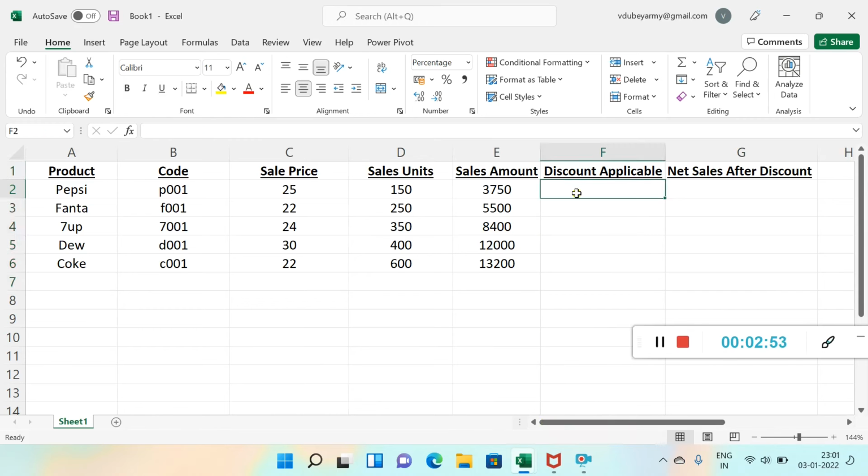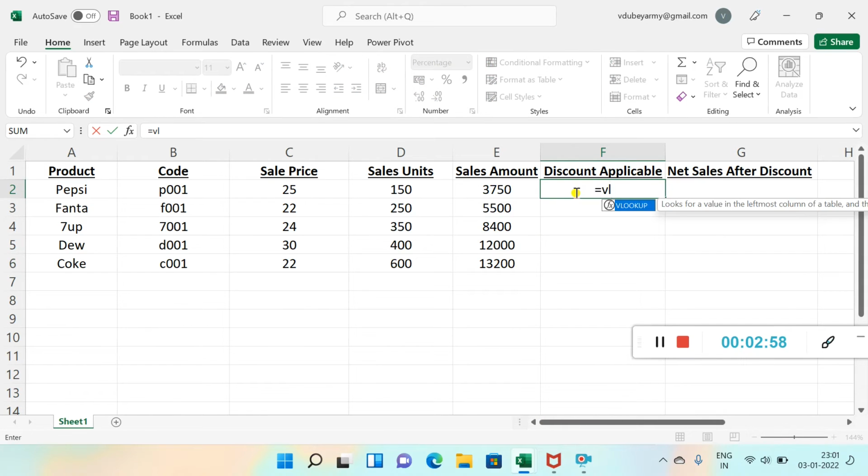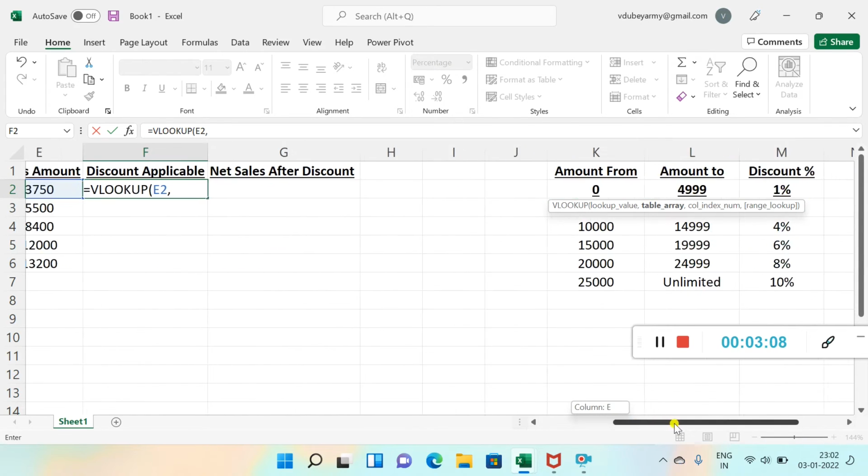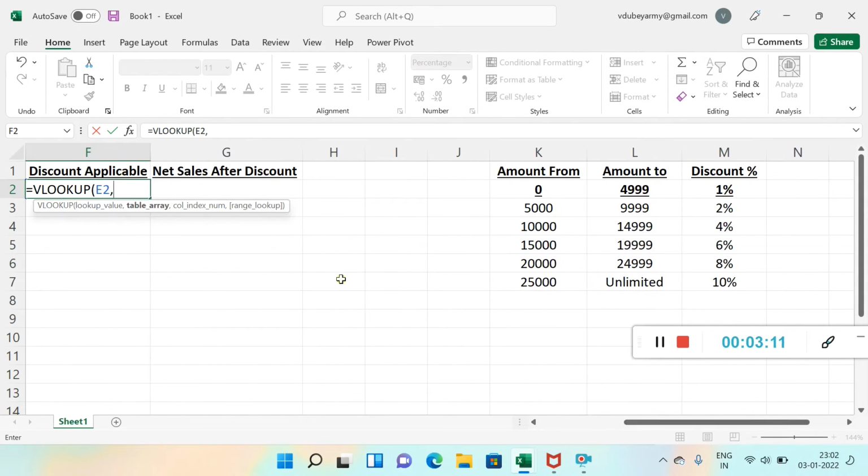So I'm going to apply the VLOOKUP function: equals VLOOKUP, then lookup value. Here the lookup value is the sales amount, then table array, right? Earlier in the previous video, in the table array I selected the table, right?